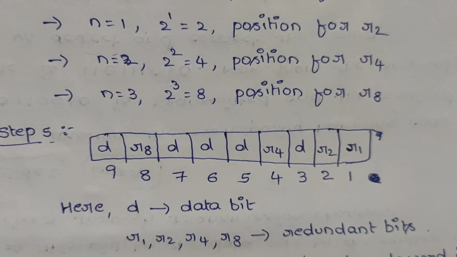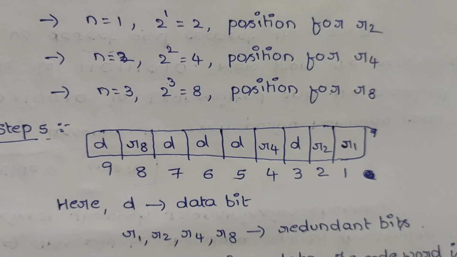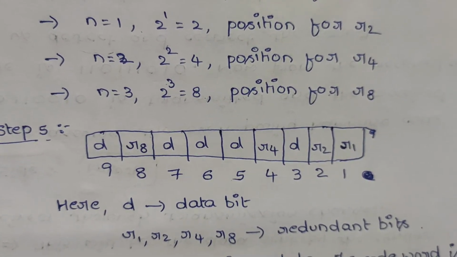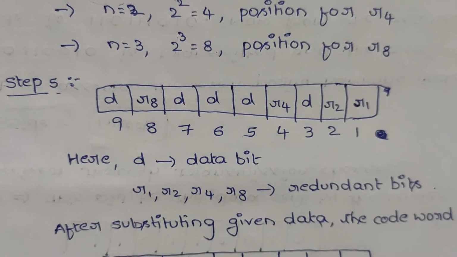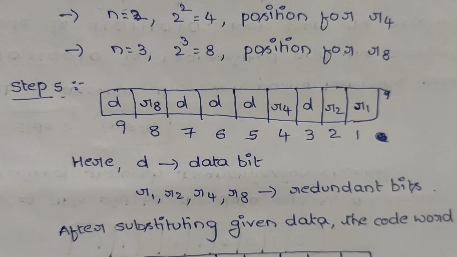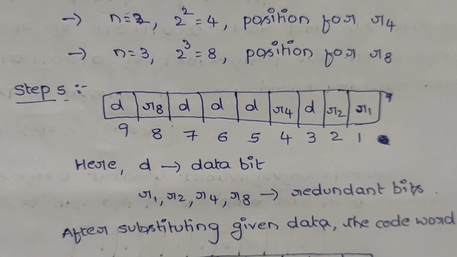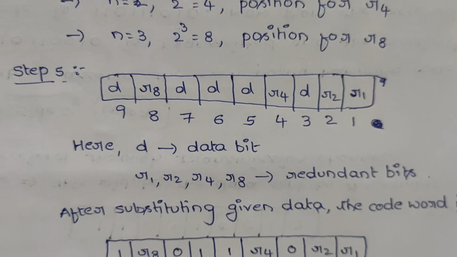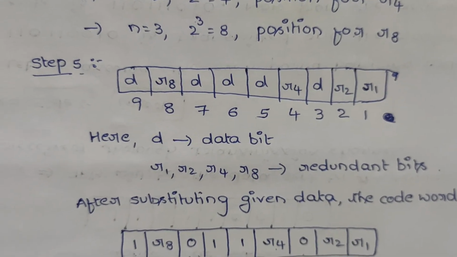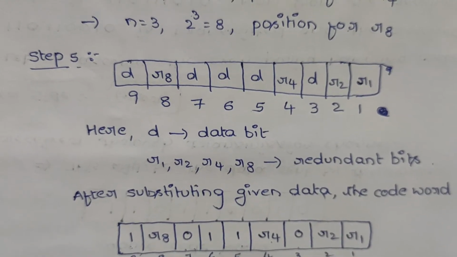The remaining empty places are filled with d. d is nothing but data bits, and r1, r2, r4 and r8 are the redundant bits. As we are given the data value 10110, now we need to substitute it in place of d,